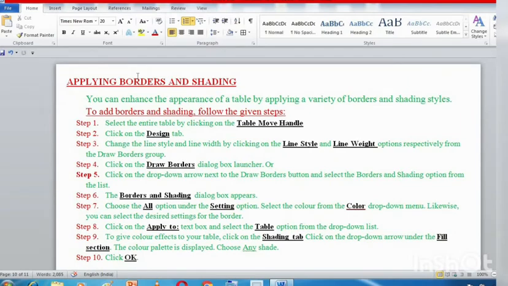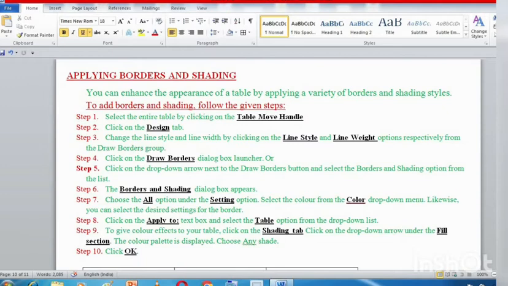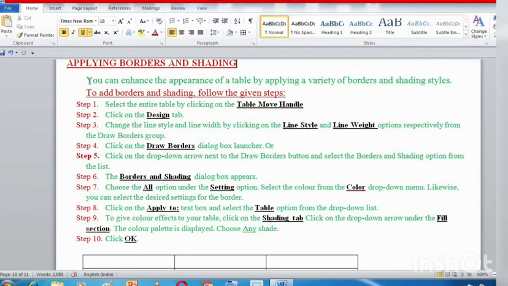Now, the next topic is applying borders and shading to your table. So what is this? Let us see. You can enhance the appearance of a table by applying a variety of borders and shading styles to your cells.